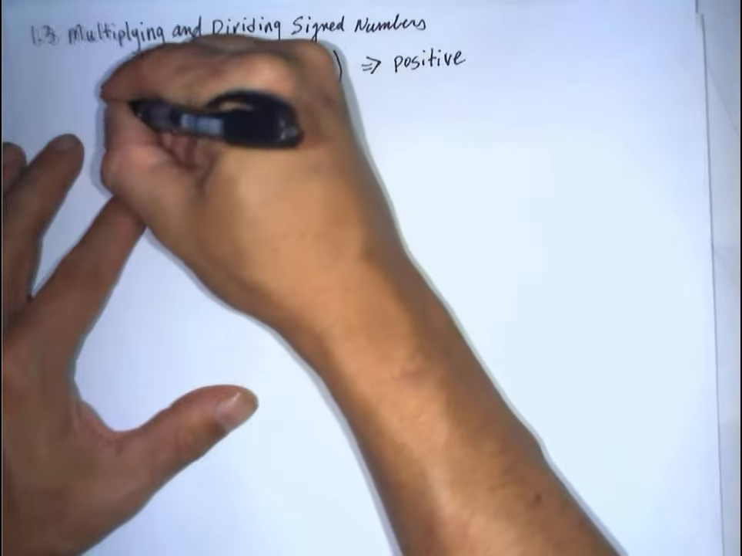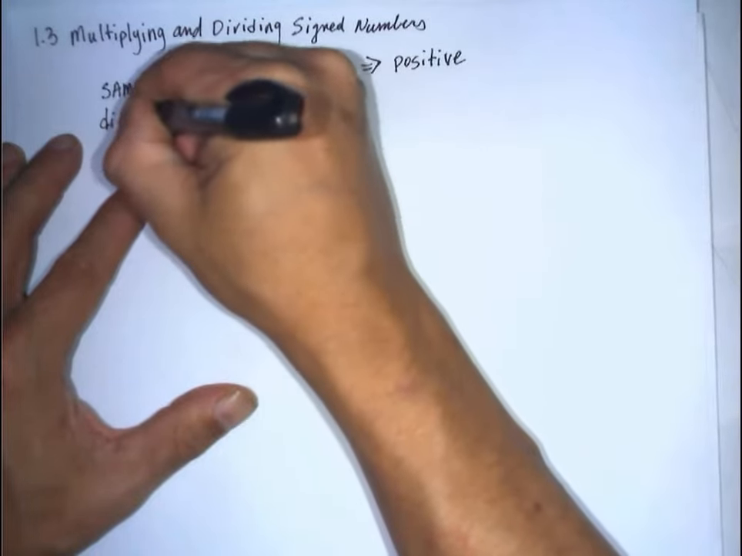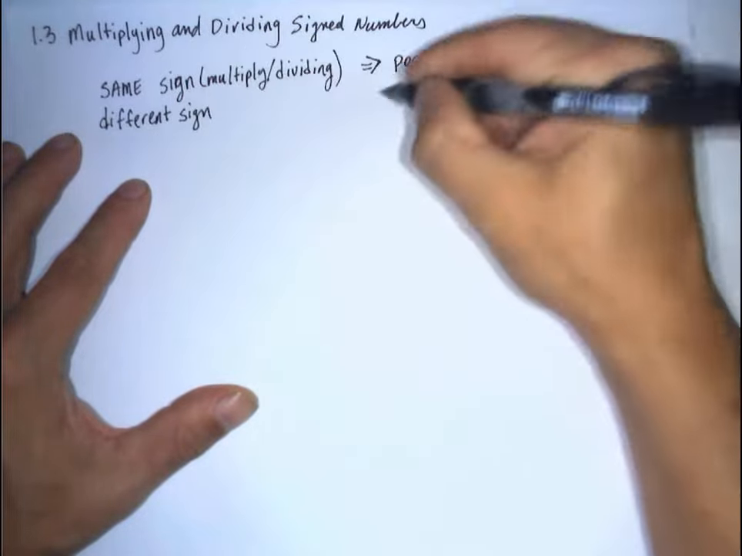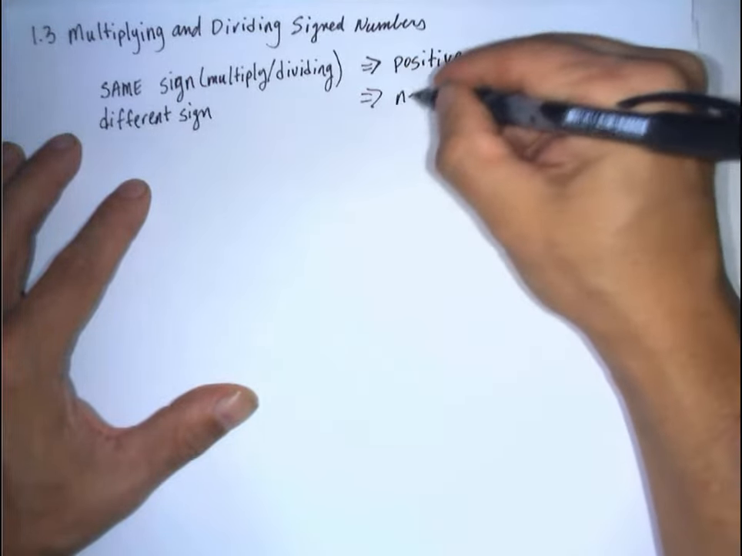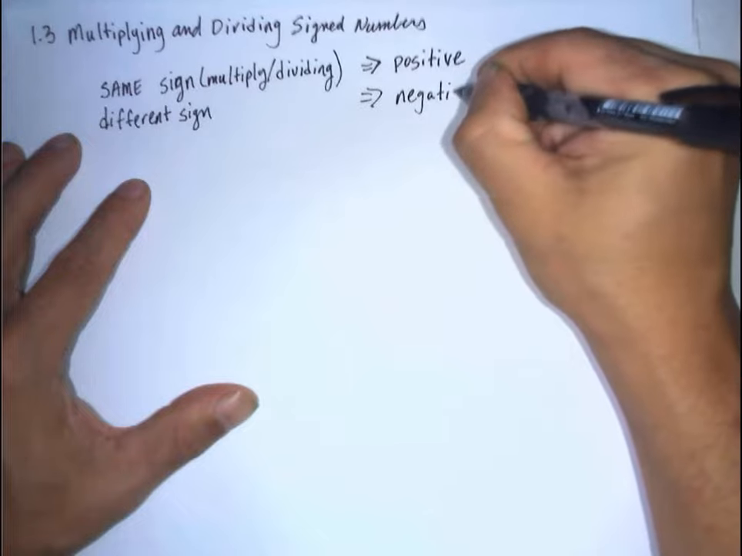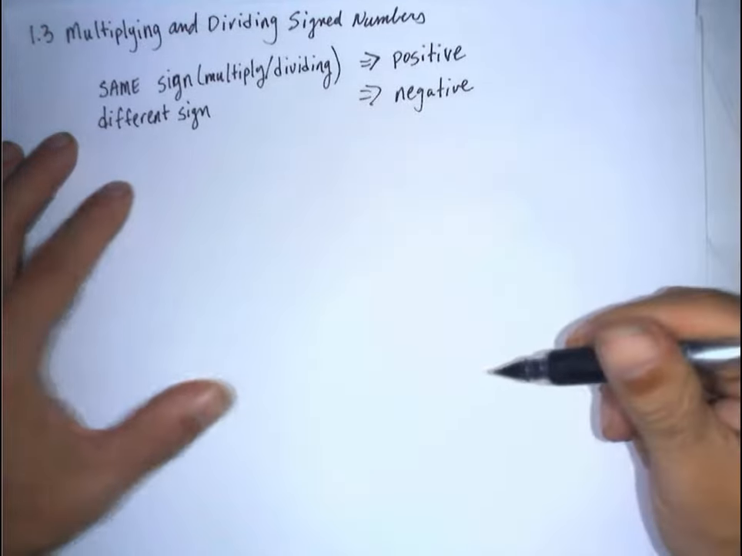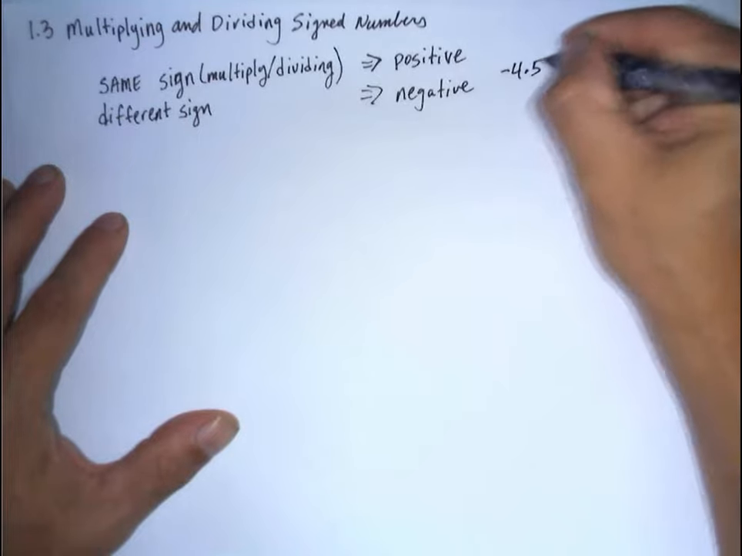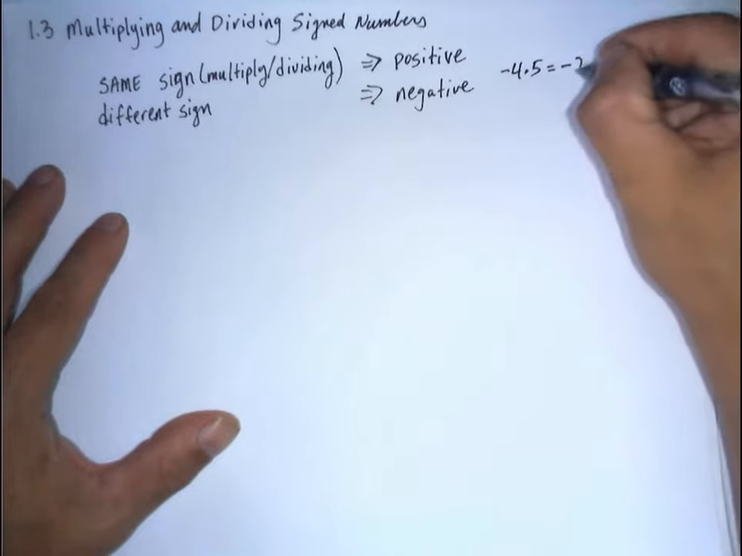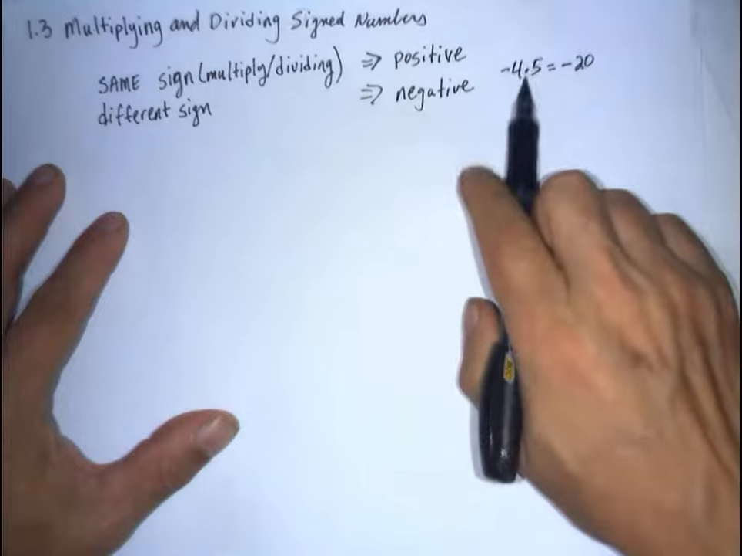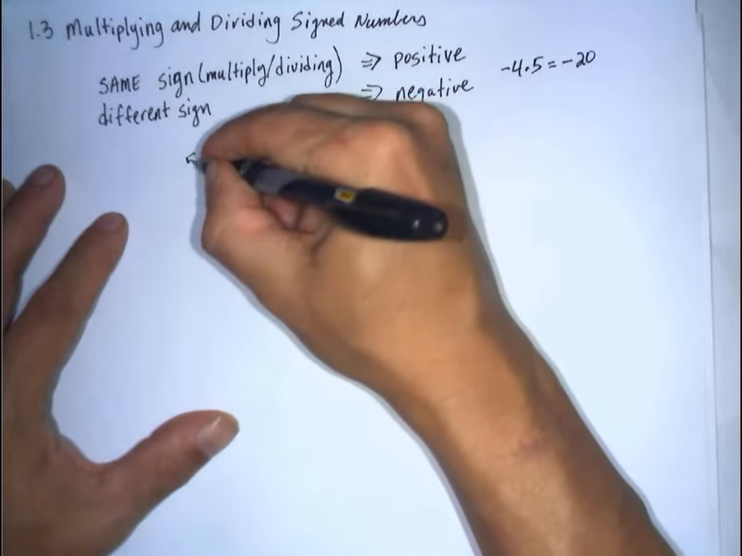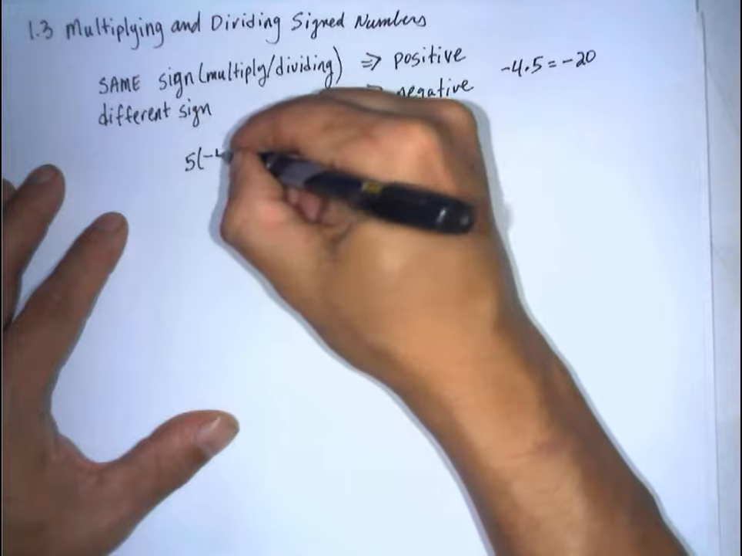If they have a different sign, the result is negative. So if we have a negative 4 times 5, that result's going to be negative 20. Now let me explain why this is. So if I have 5 times negative 4,